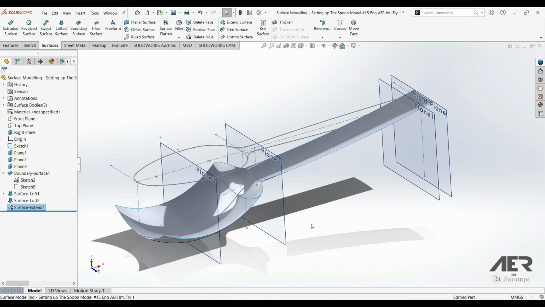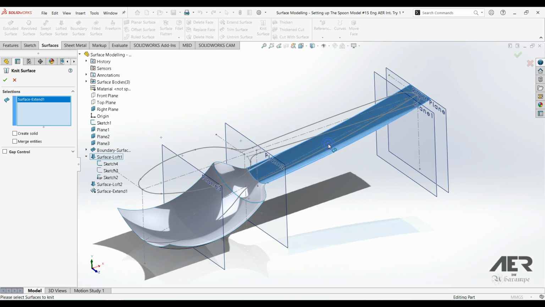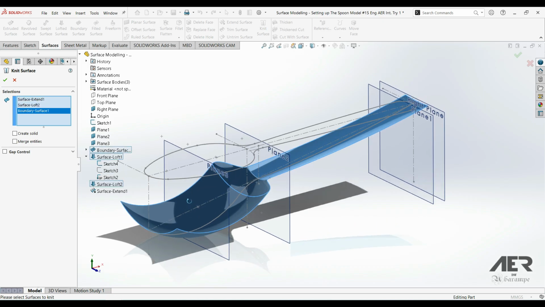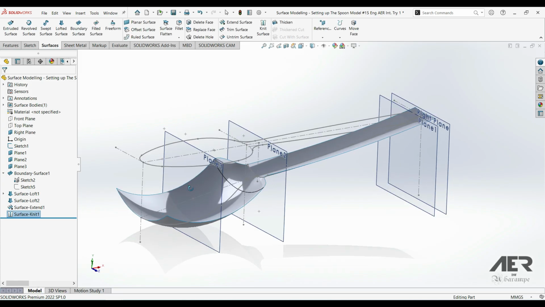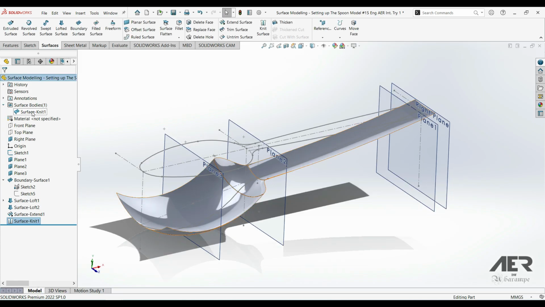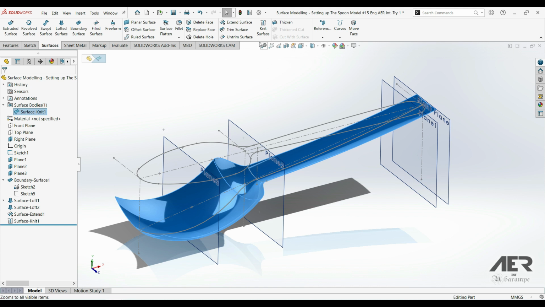But before we do that, we'll knit the surfaces together so that it's one single surface. Let's go to Knit Surfaces, select the three surfaces, and then we don't need to select any of these options, just press OK. So now we just have one single surface that's roughly in the shape of the spoon, and we can trim away the excess. Let's go to Trim Surfaces,